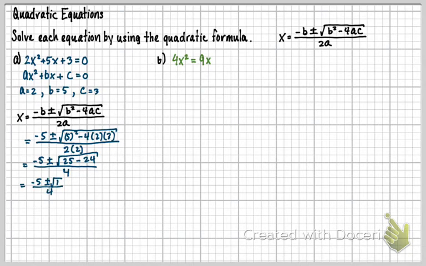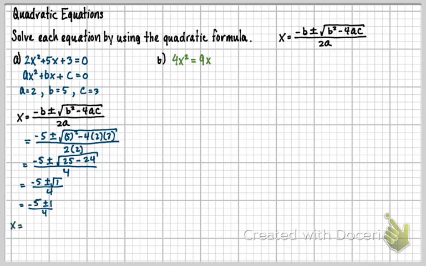And if you're okay with that, what is the square root of 1? 1. A lot of people are really afraid of that for some reason. I don't understand why, but they are. The square root of 1 is 1 because 1 times 1 is 1. All right, so I really have negative 5 plus or minus 1 over 4, which means I really have two